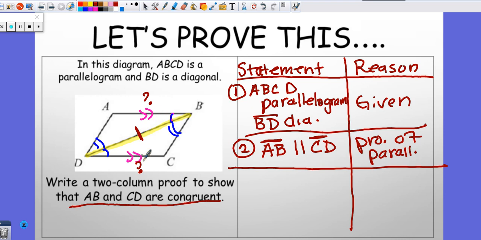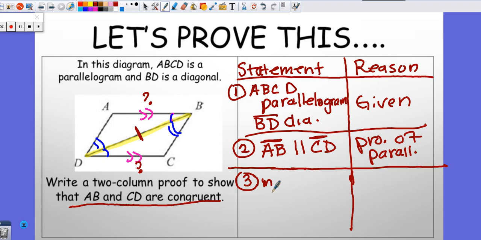Once we made that decision, then we can go and say that BD is a transversal. Well, we don't really have to say BD is a transversal, but what we can say is that angles,